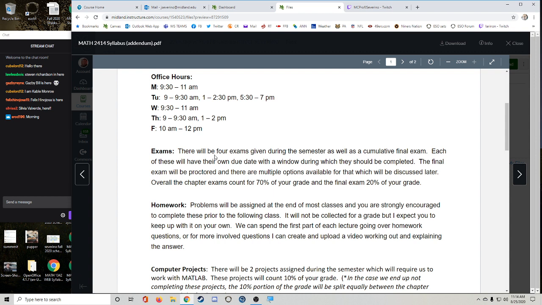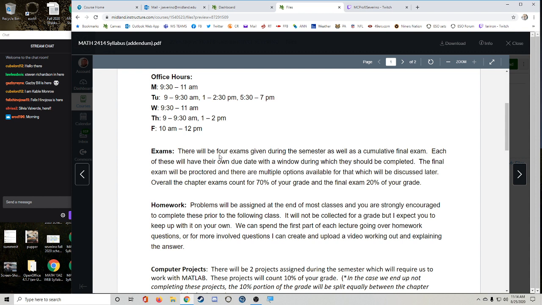We're going to have 4 exams during the semester, 4 chapter exams. We basically cover 4 chapters, so I guess you can kind of see where that's going. I may cut that down to 3. I don't know. The last chapter we have, I think chapter 10, depends where we are at the end of the semester. Anyway, however many tests we have, 3 or 4, they'll be equally weighted, and those will just be set up